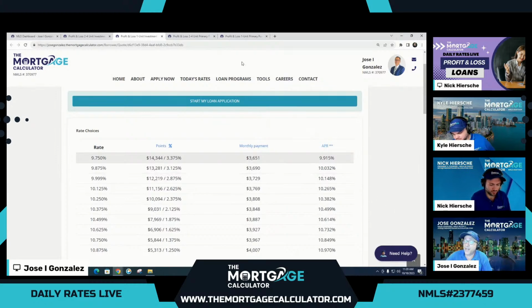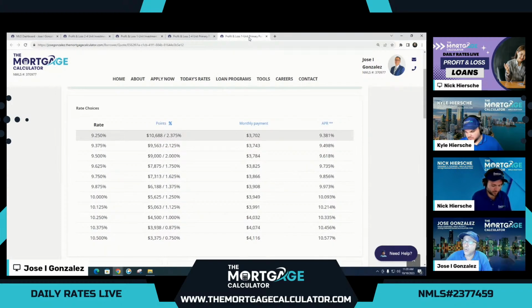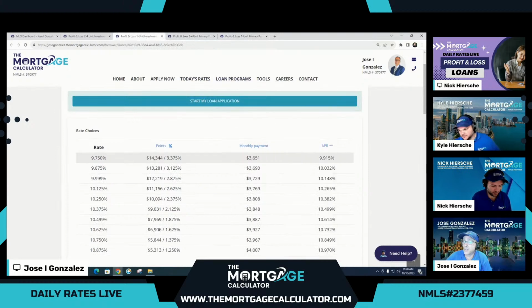Here, 10.875 is costing 1.25, whereas the 1.25 rate on the 1 unit primary was 10%. So you're looking at about 0.875 higher interest rate and 5% lower LTV.